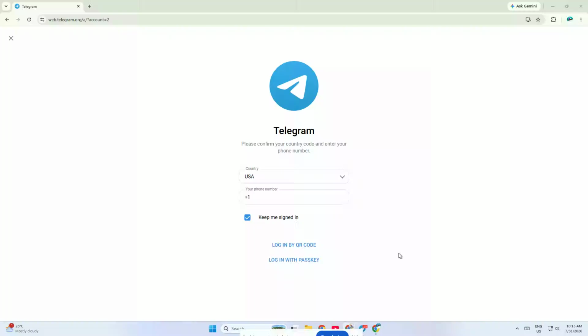If you're seeing the message, "An error occurred, phone code expired" in Telegram, don't worry. This is usually a quick fix. In this video, I'll show you exactly how to solve it step by step so you can log back into